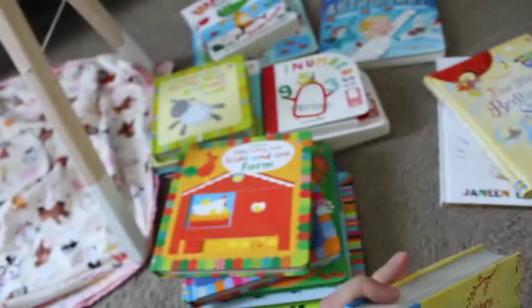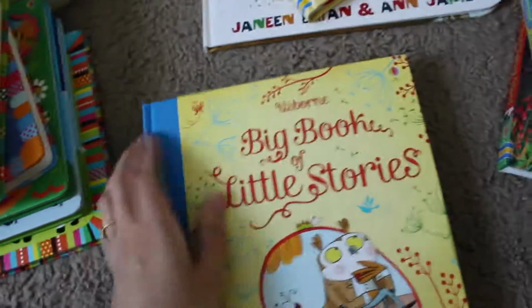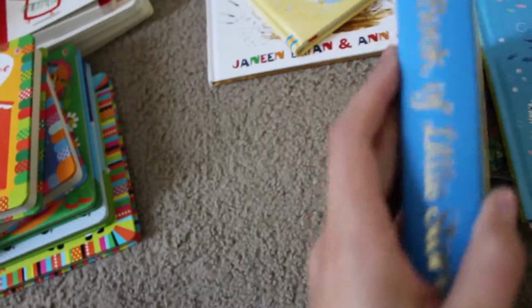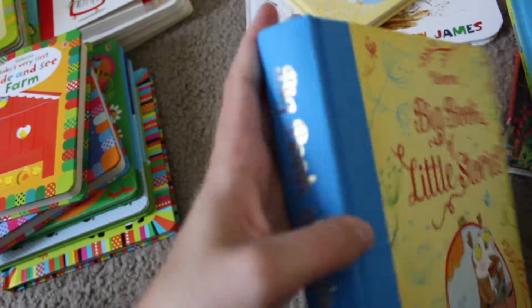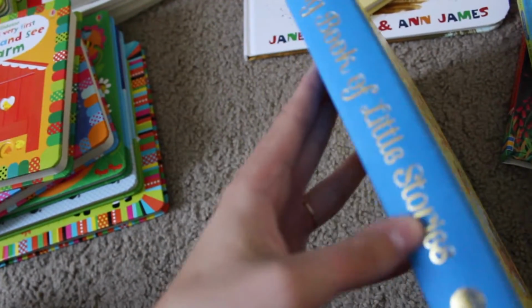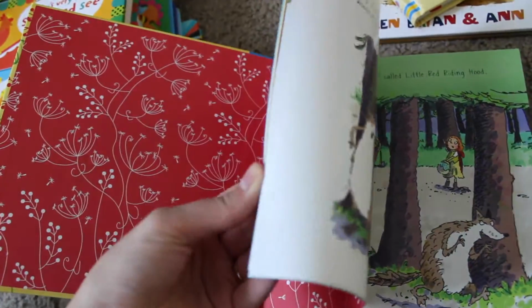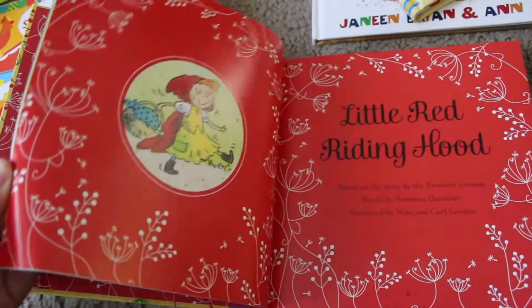Another great way to get a lot of great books, besides just obviously getting these awesome titles, is to get a collection or a combined volume. So this is a really popular one. This is called The Big Book of Little Stories, and it is so darling. It's beautiful. It has this fabric binding, the gold lettering. It has a really pretty ribbon bookmark, and it has dozens and dozens of short stories in here,